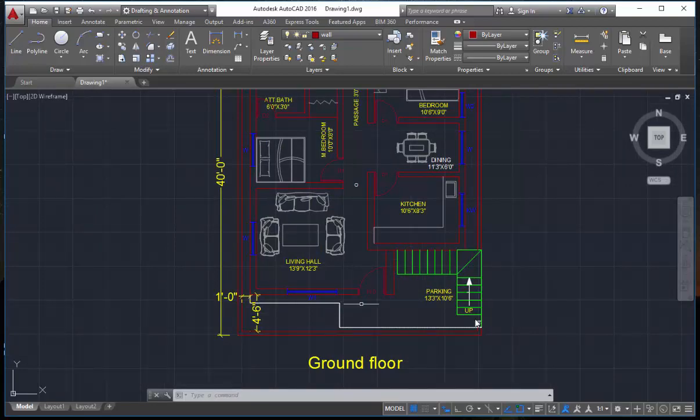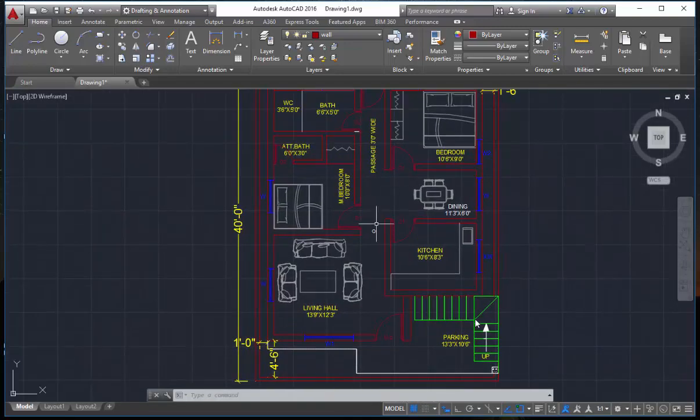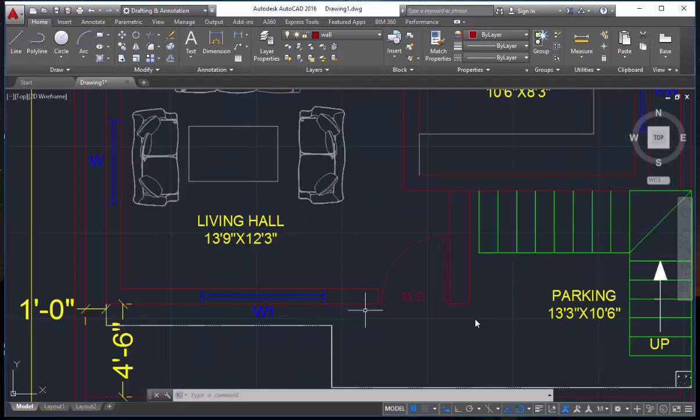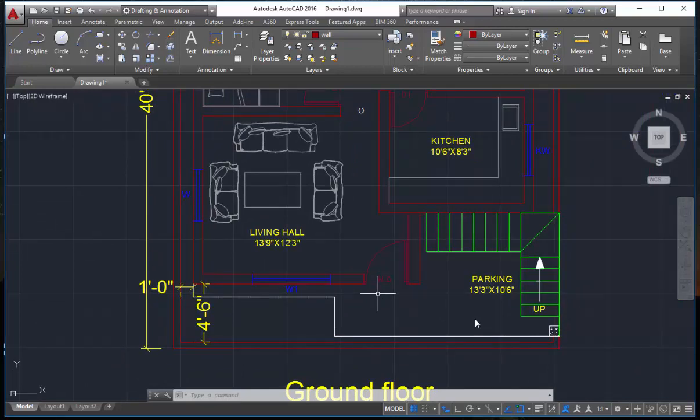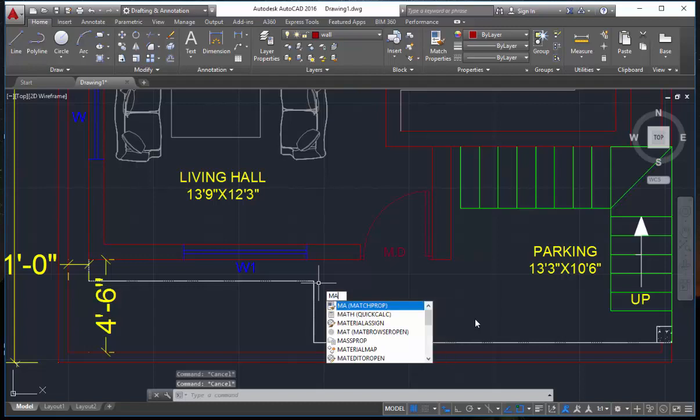This is regarding layers itself. Just imagine you have created n number of layers in this file, and you don't have any time to select the line and search for that layer, and you know exactly that you want to add this layer to this line. What you can do is use the option of match properties. Match properties will match the property of this line with this line, whether it is a layer, color, line type, line weight, whatever it is, all the properties of this particular object will get added to this object. The shortkey for match properties is MA, enter.